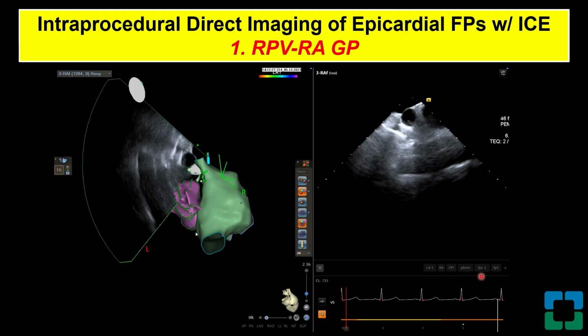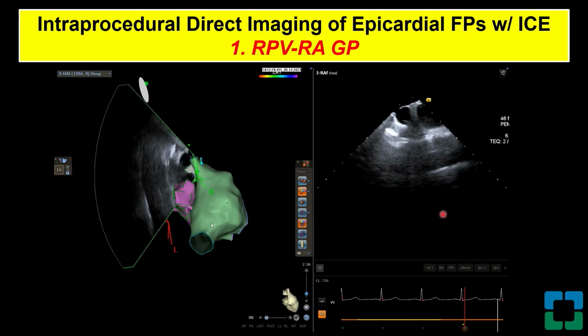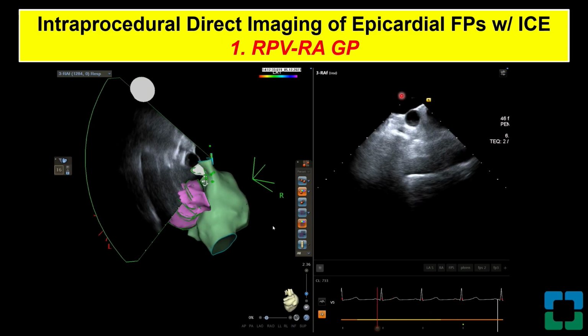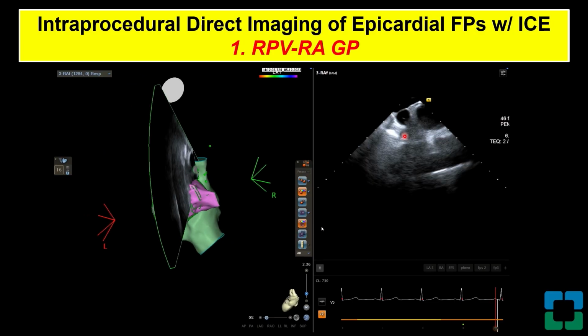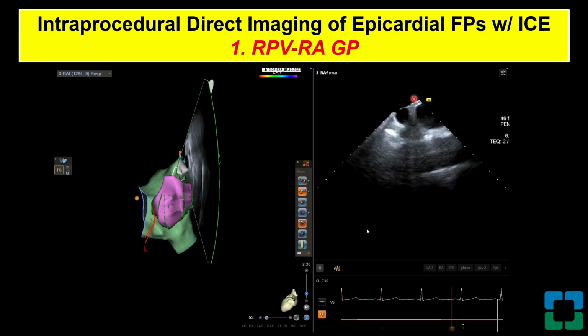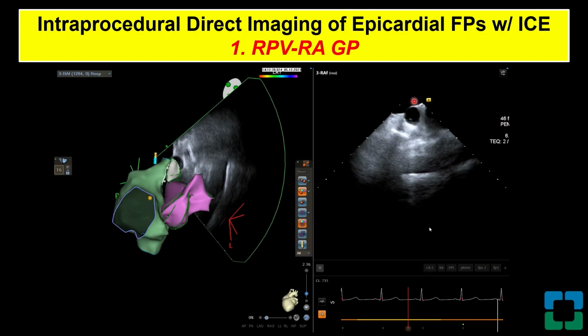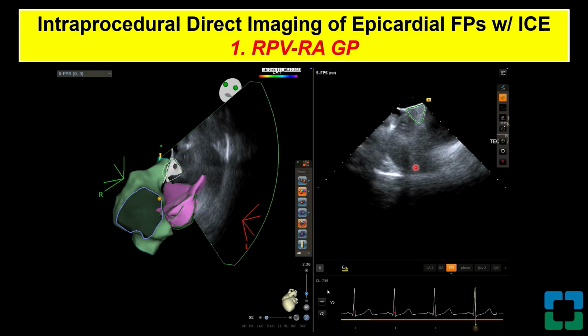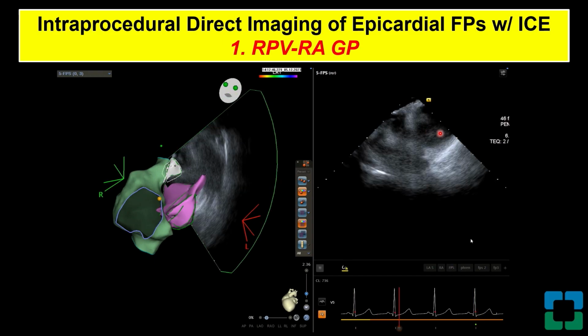So how do we find these septal ganglia here? It's quite simple. When you advance your ICE all the way up to the SVC, superior vena cava, and you clock towards the septum, you will see three structures. The very first structure, the near-field one, is the SVC at the junction with the right atrium here. The second structure is the left atrium.